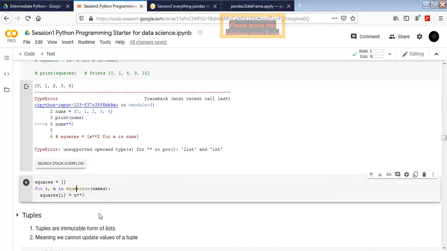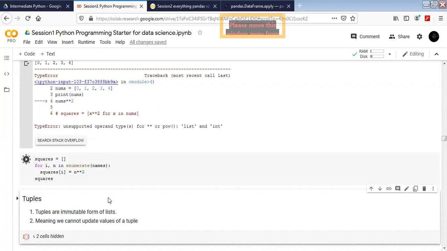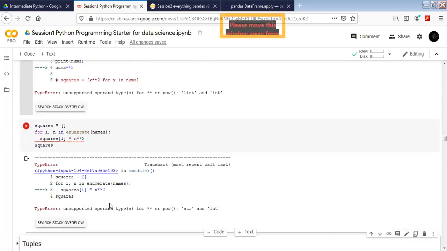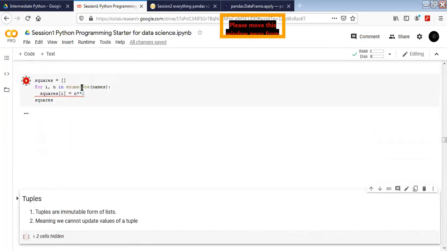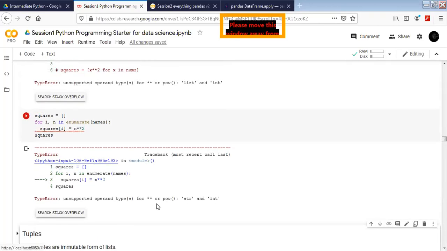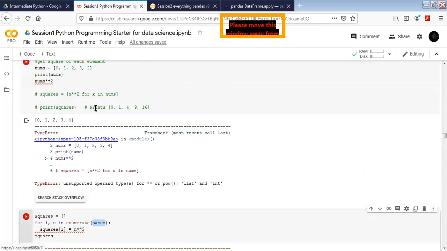So this is going to be my new way to change the value of each and every element. If I execute this, this is going to return me the numbers.